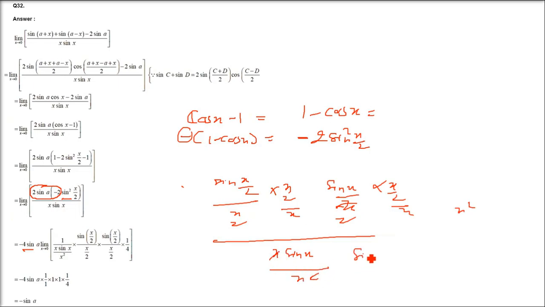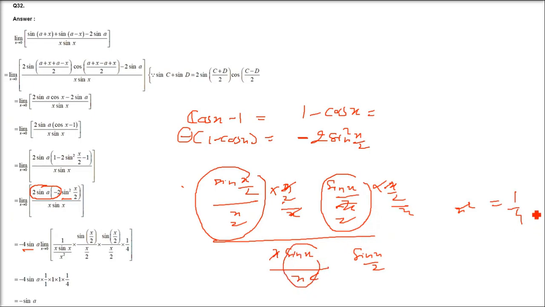Right? There will be two benefits of this. This x gets cancelled because we have used x square in the numerator also, denominator also. This is going to be 1. This is going to be 1. 1 by 2, 1 by 2, that is 1 by 4 will remain. This is also 1. This is also 1. So as I said, minus 4 sin a, just keep it aside. Now you use this minus 4 sin a and 1 by 4. 4 gets cancelled. It will be minus sin a. The answer is minus sin a.